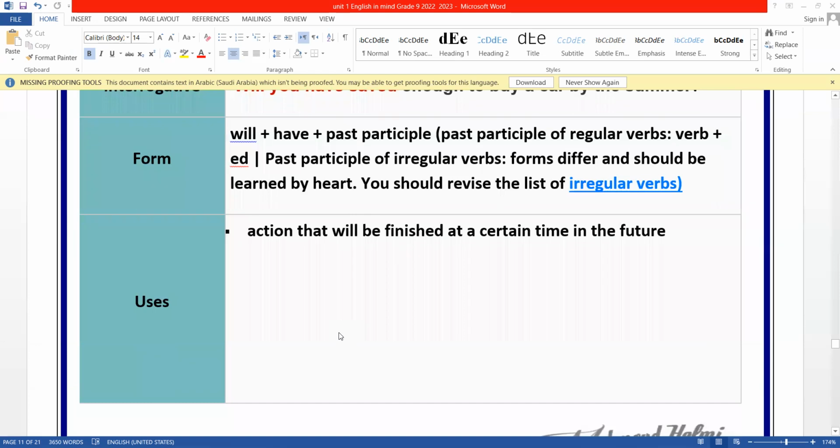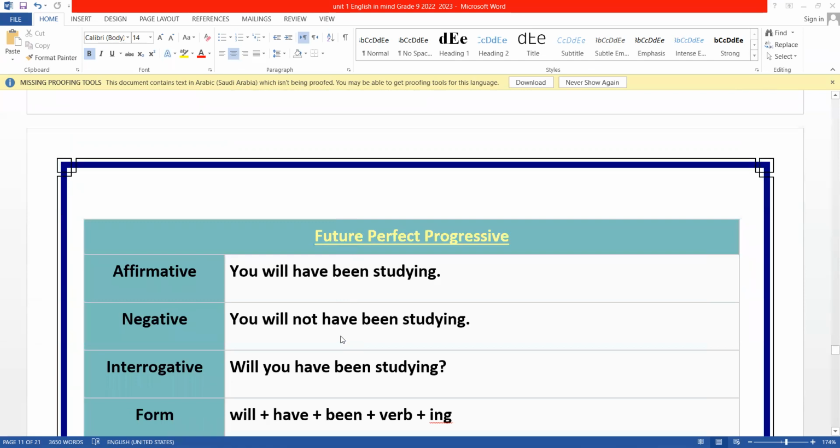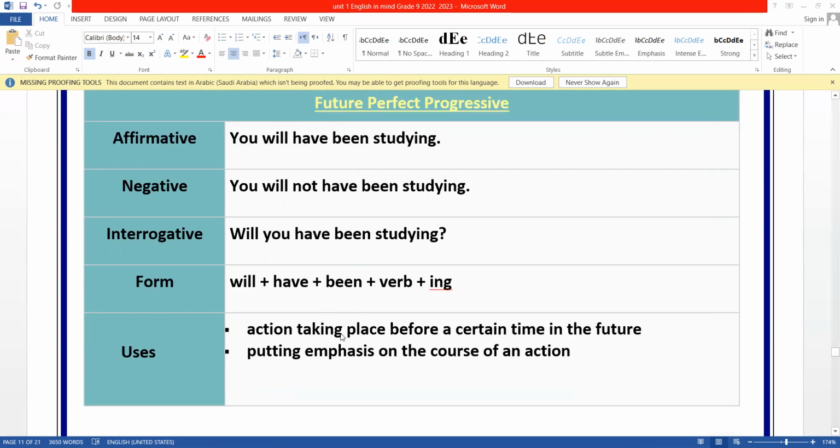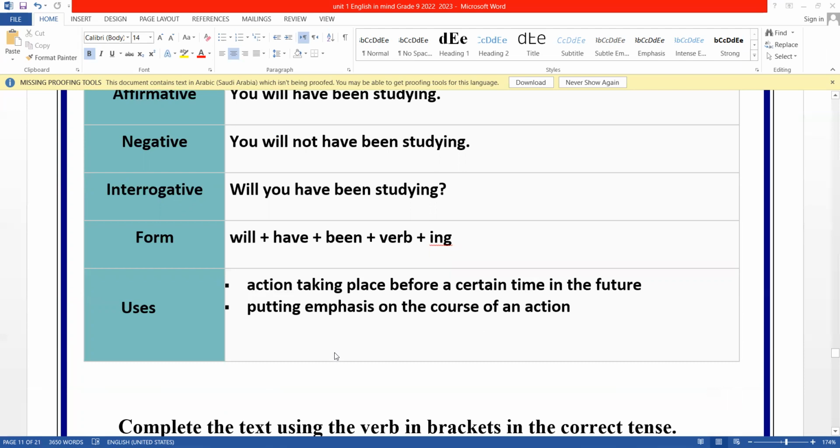We use it for an action that will be finished at a certain time in the future, as we say, by the end of May, they will have finished building the new bridge. Future perfect progressive, affirmative form: you will have been studying. Negative: you will not have been studying. Interrogative: will you have been studying? The form of future perfect progressive: will have plus been plus verb ing. We use it for actions taking place before a certain time in the future, putting emphasis on the course